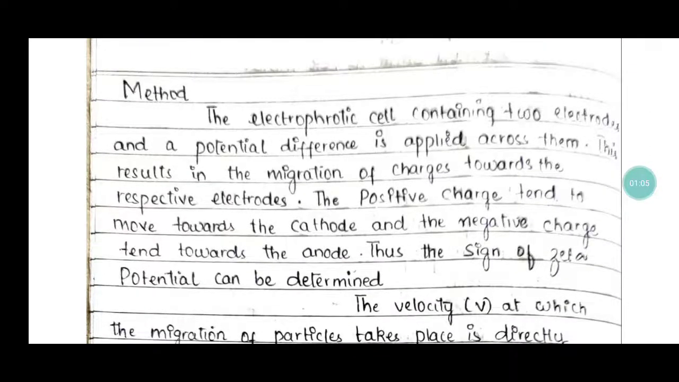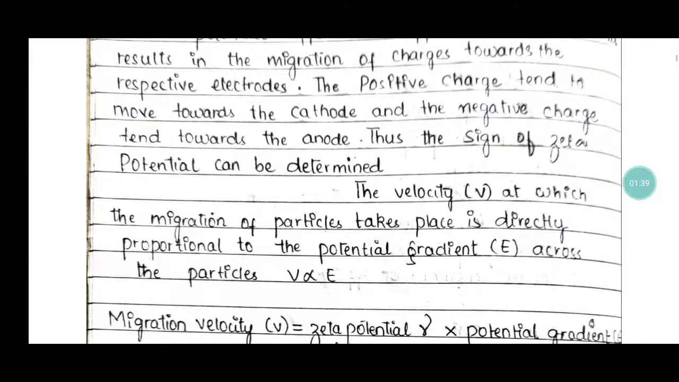So what is the method? In this method, the electrophoretic cell contains two electrodes and a potential difference is applied across them. This results in the migration of the charges towards the respective electrodes. The positive charge moves towards the cathode, and the negative charge tends towards the anode. Thus the sign of the zeta potential can be determined, and the velocity v at which the migration